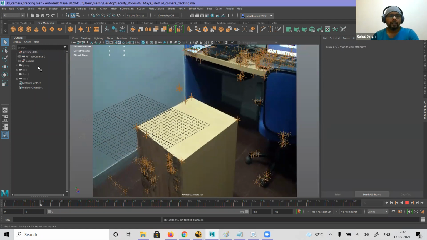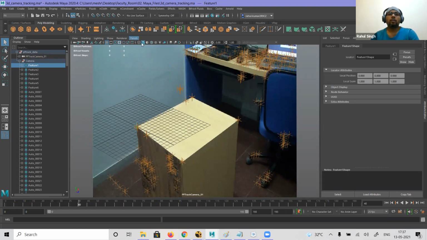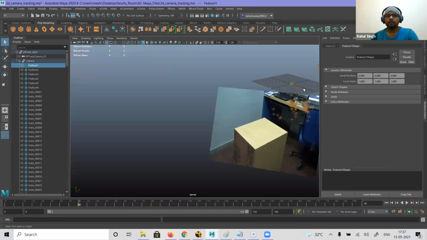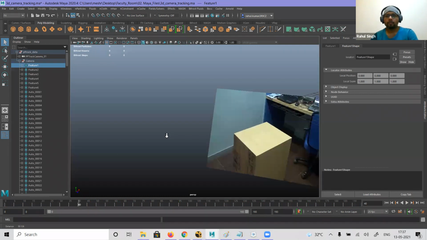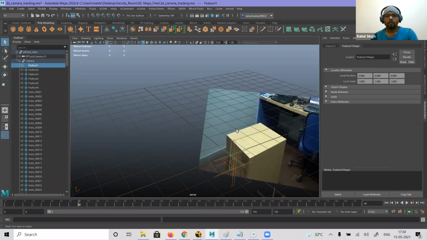So I'll select the camera, feature 1, which is here. Go to the perspective.